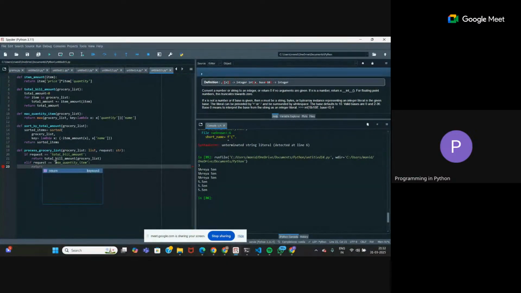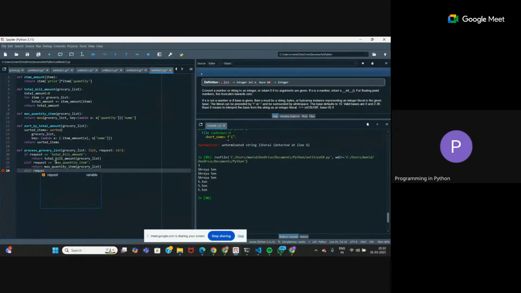Just return max quantity item with grocery list again as the parameter. And another elif statement can be for the third task.